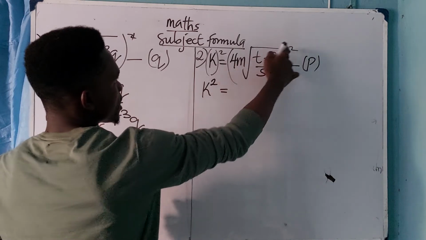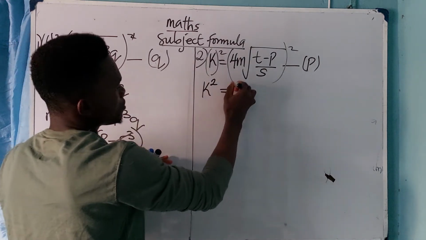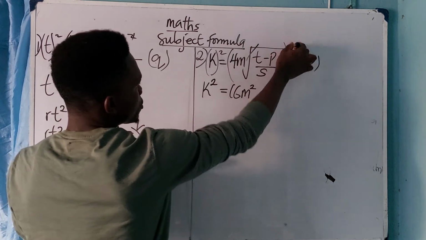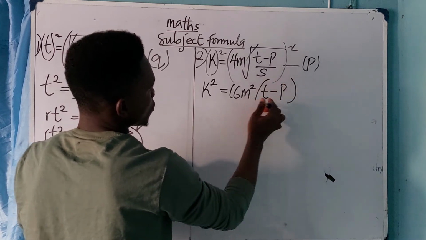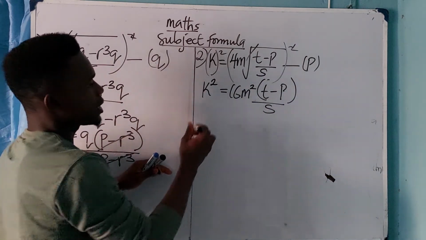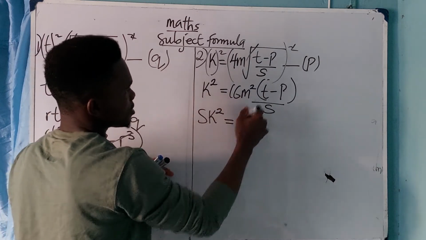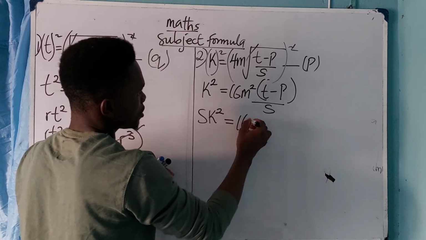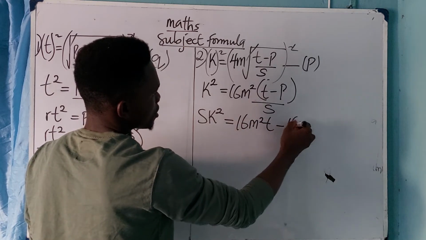It becomes 4 times 4, because it's squared, you have 16. Then m, that is m squared. Then the big root is out. You now have that, open brackets, t minus p over s. All right, so what do you do from here? You cross multiply. It becomes sk squared equals what? This times this is 16 m squared t minus 16